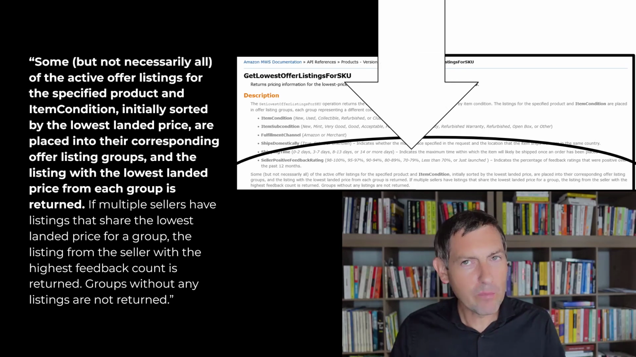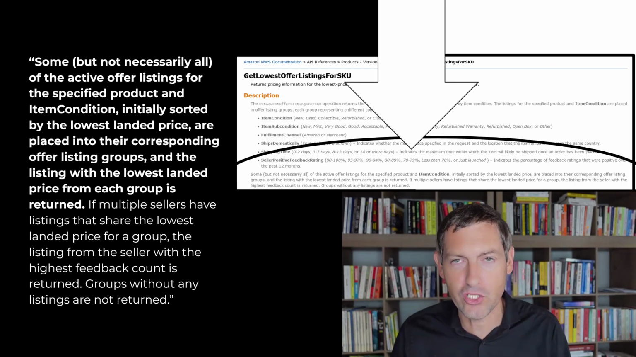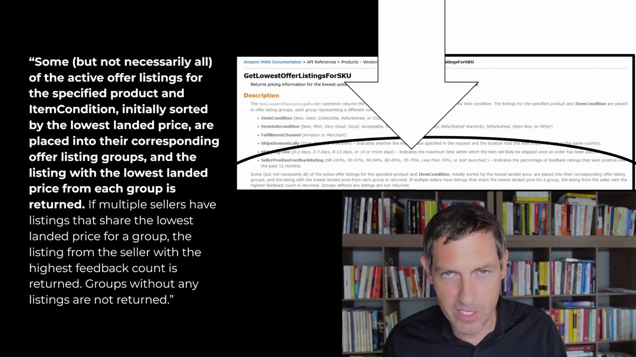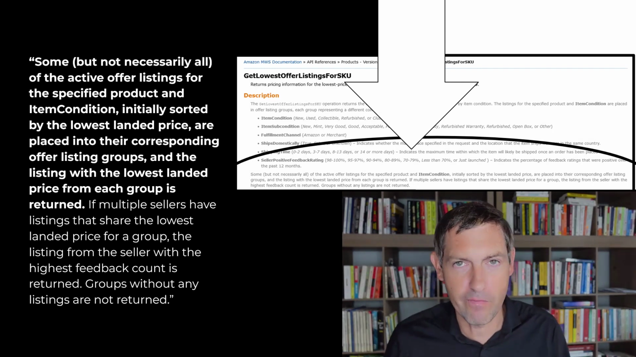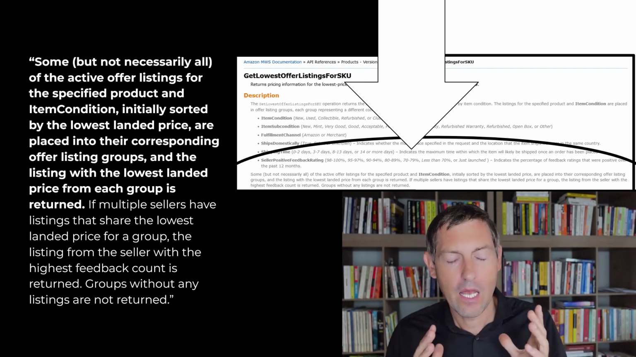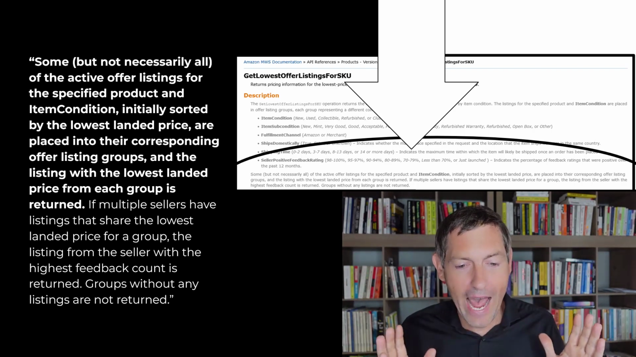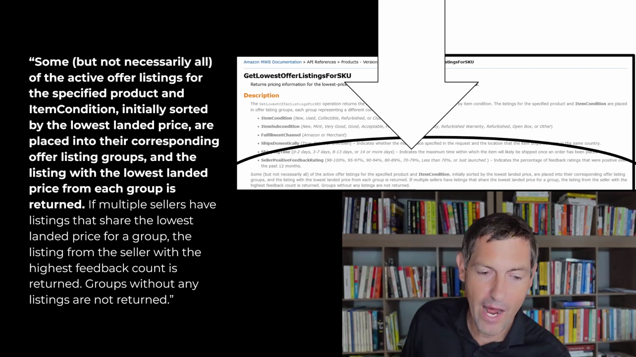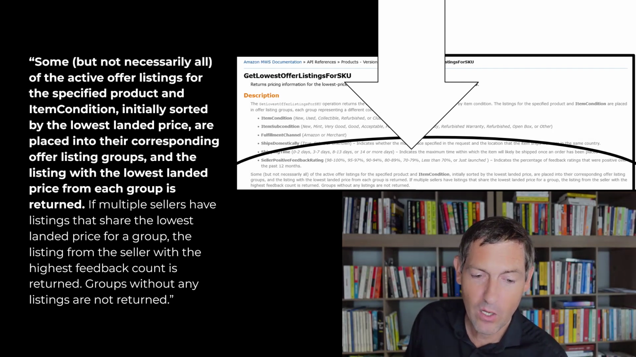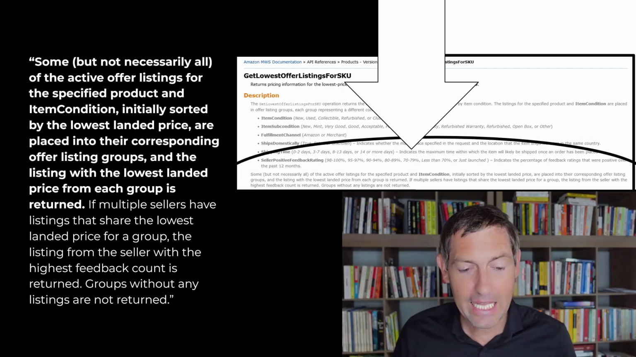Now, this is a little bit boring, so I don't know if I want to read all of this, but this is a screenshot of Amazon's developer documentation. Remember I said they only share this with developers? If you actually go, it's all written in kind of text speak, okay? But I'm going to read some of it off the screen here. Amazon admits some, but not necessarily all, of the active offer listings for the specified product and item condition, initially sorted by lowest landed price, are placed in corresponding groups,